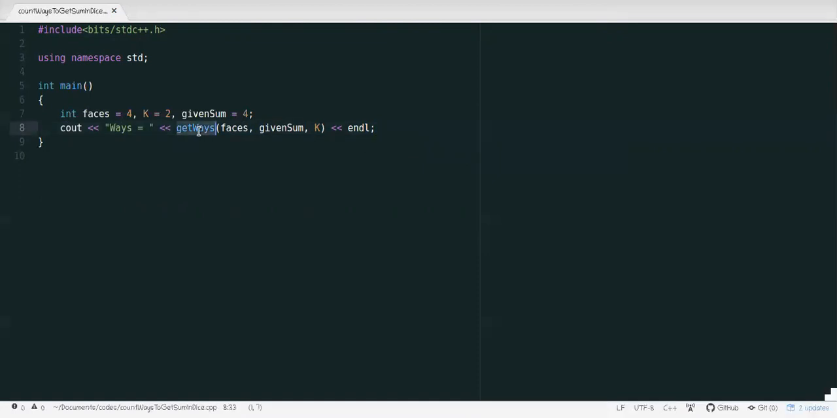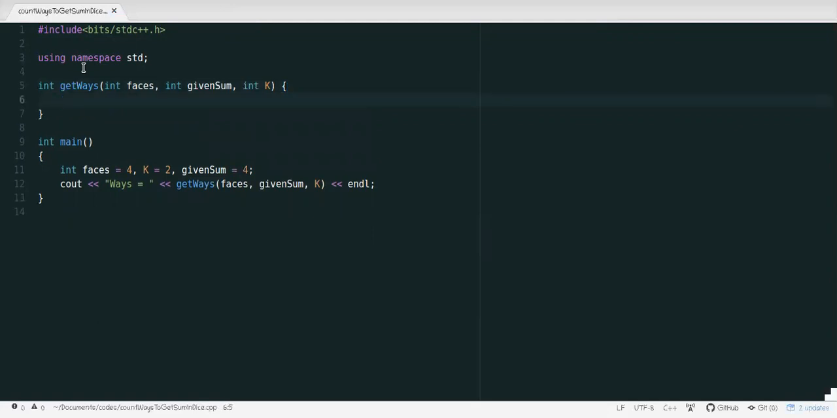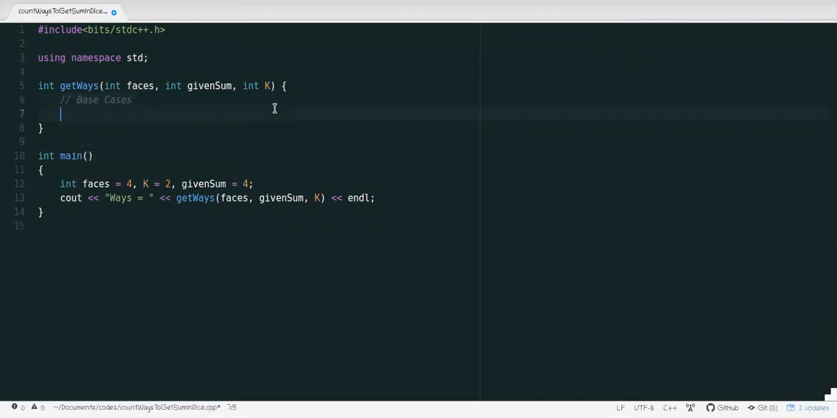All right. So let's write the function. So faces, given sum and k. Okay. Now, one thing to notice is that as we are going to write a recursive function, we need to address the base condition right here, isn't it? Okay. So tell me when should I,